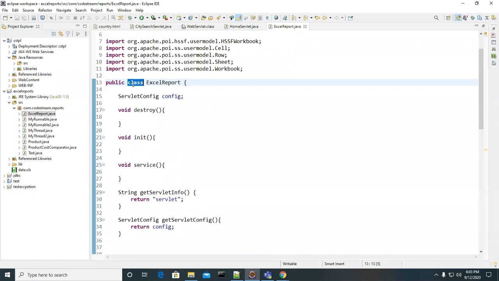Just implement the servlet interface. Like class Excel report implements Servlet. So you want me to implement the servlet interface for this Excel report, right? Is it correct?